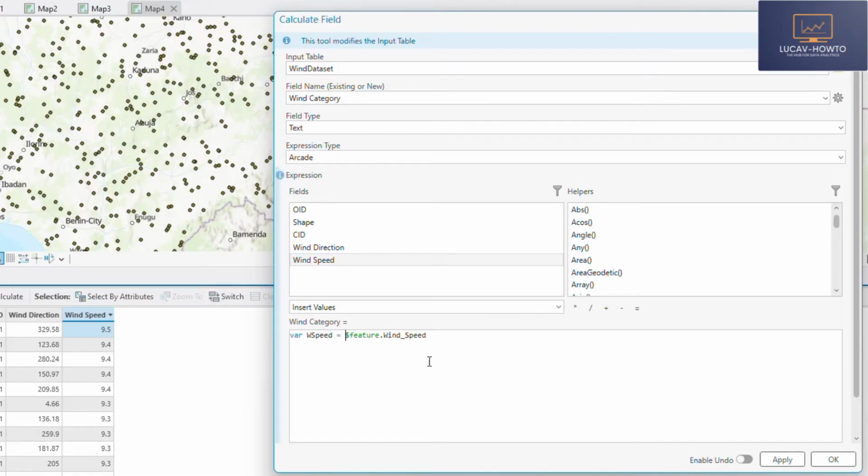So wind speed is this, and then we'll use the when logical statements to categorize it, which is an alternative for the if, a better alternative when you are working with a huge set of data and want to categorize much. So we'll say when wind speed